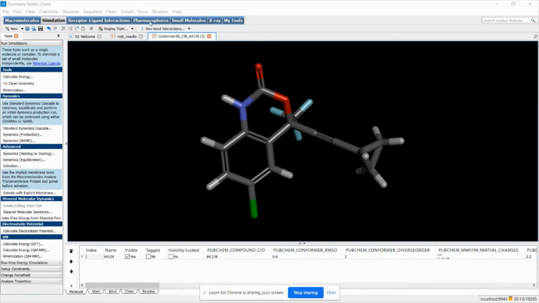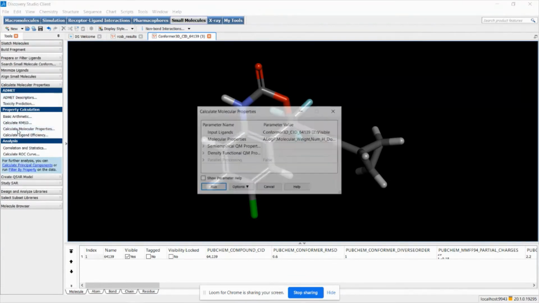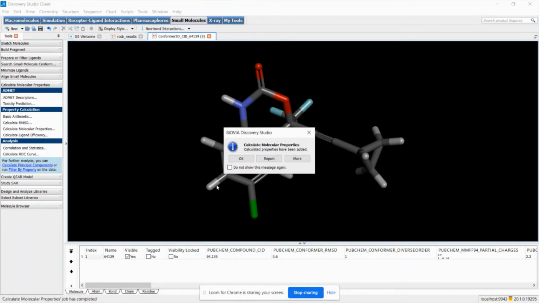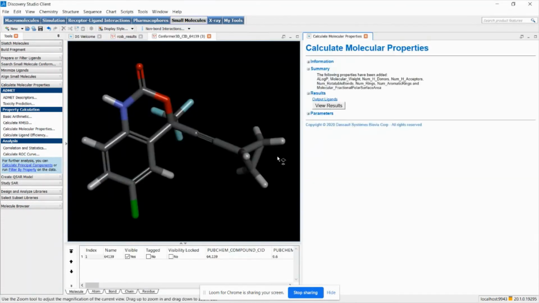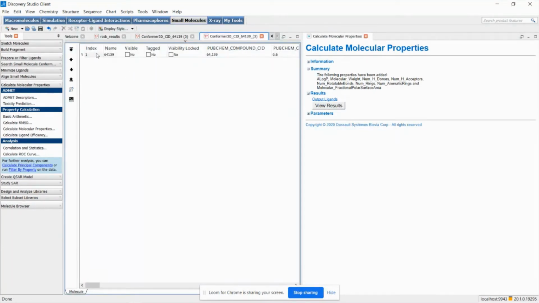For that, you go for small molecules. In small molecules, you simply calculate molecular properties. Once you do this, it will calculate the molecular properties. This is the data which I have generated for the molecular properties. If I show you the data, this is molecular weight, logP, hydrogen bond donors, hydrogen bond acceptors.